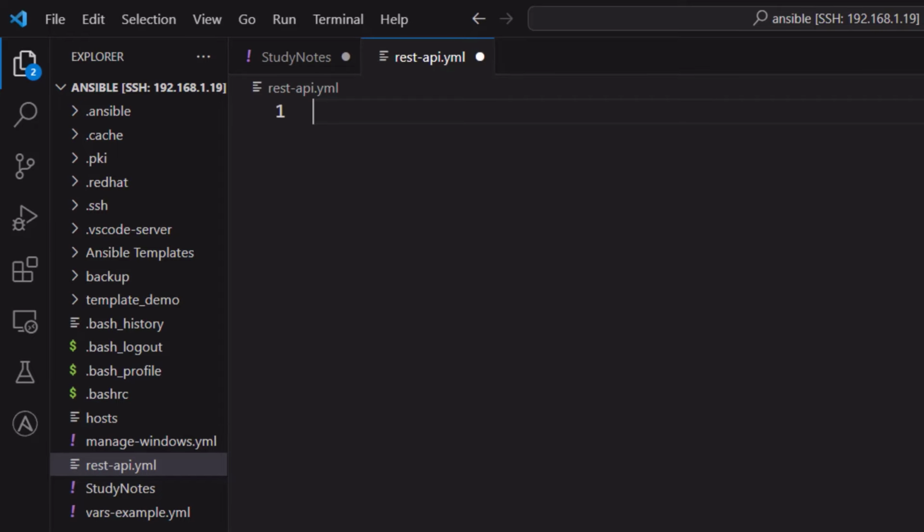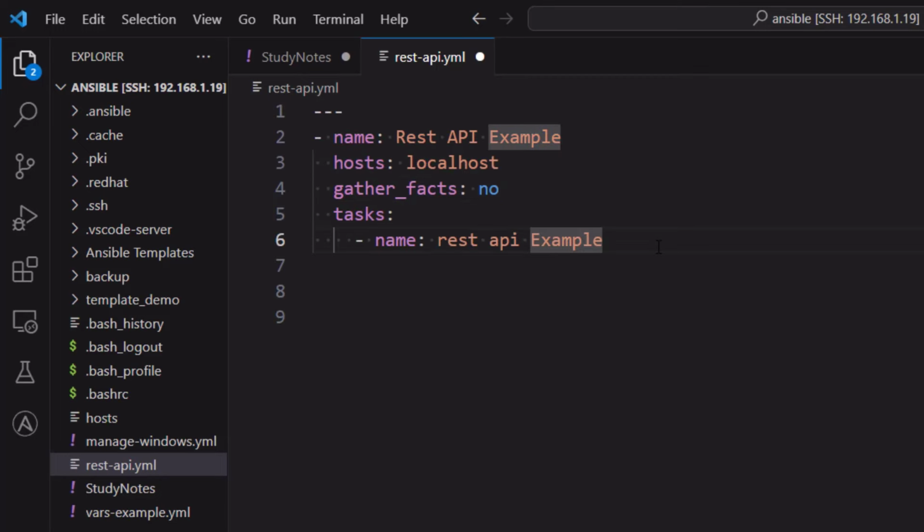Hey everyone, I hope all of you are doing great. In this lesson we are going to learn about using REST API with Ansible. So let's get started. We are creating a play, and then we are going to add a task name